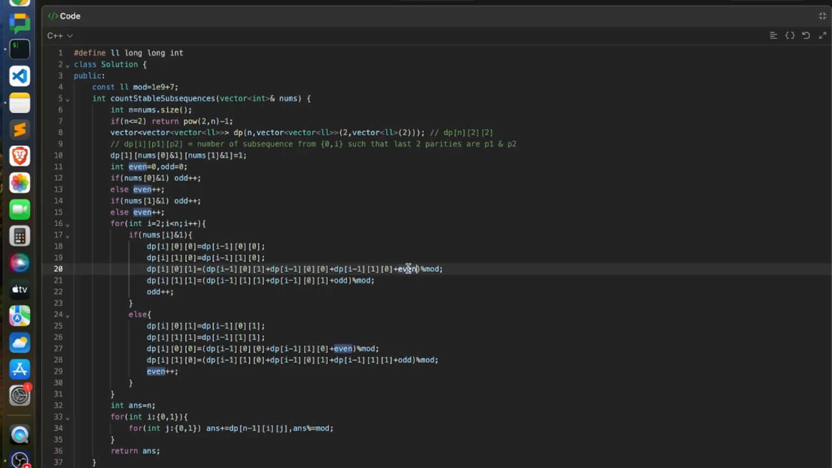Plus the total number of evens. I can make a subsequence of two numbers having this number at the last, and the previous any of the even numbers, because I want my second last number to have the parity 0. So this is even. Similarly, dp of I 1 1 is equal to, if I don't take it, dp of